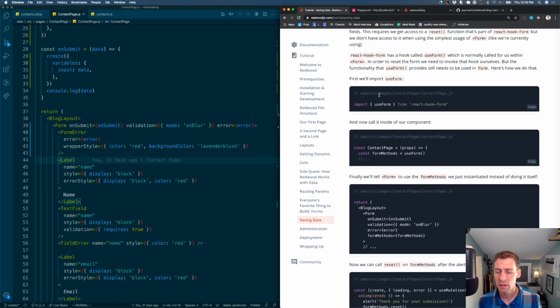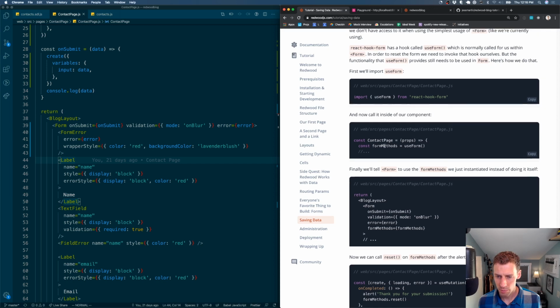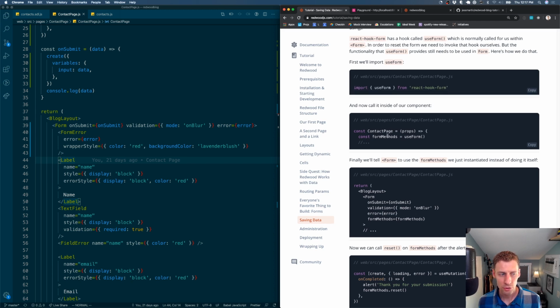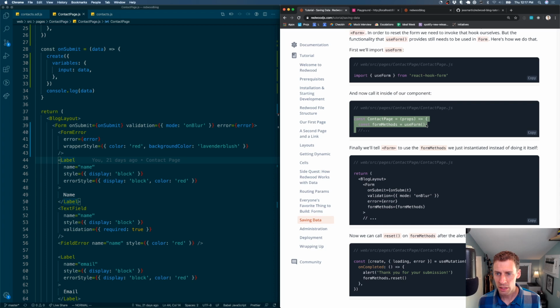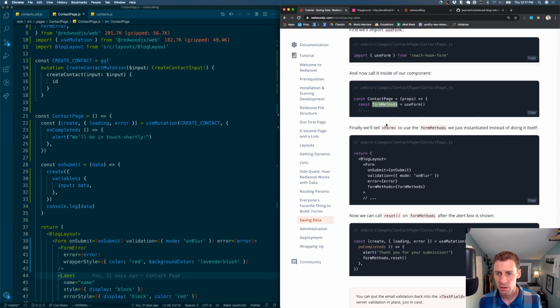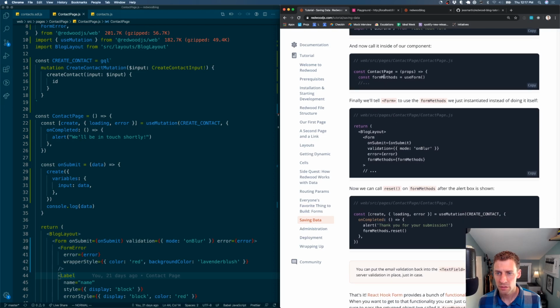Here's how we do that. Okay, so we're going to do an input form. Let me read through this before we implement it. So we're going to import a new hook called useForm from React hook form. We're going to take our contact page, which has a bunch of form methods in it. Now, we're going to create, okay, so inside of our contact page component, right over here, we're going to use that form and get back the form methods. I would have expected some kind of parameter or something to get passed here, but I'll just keep going. Unless this is just like a